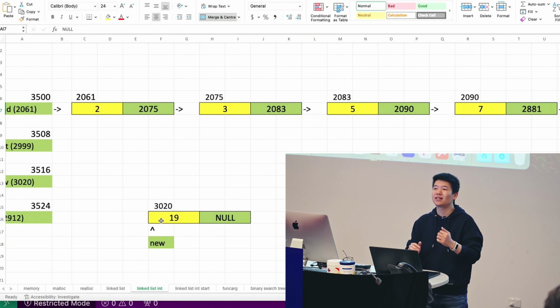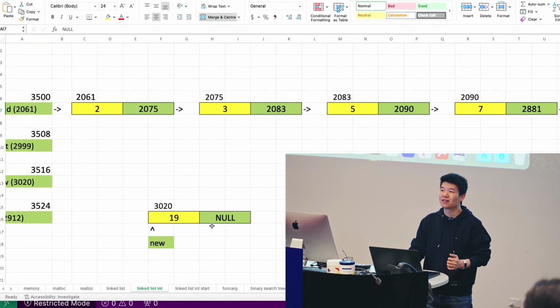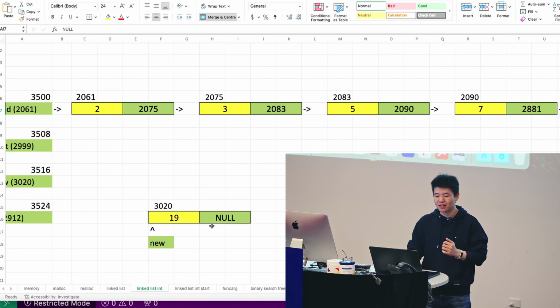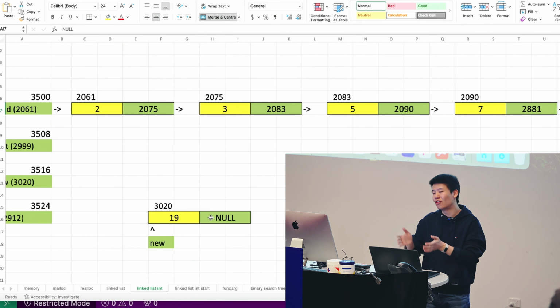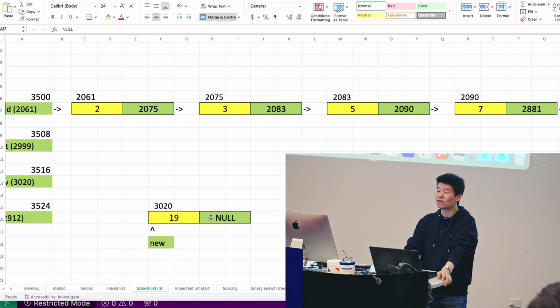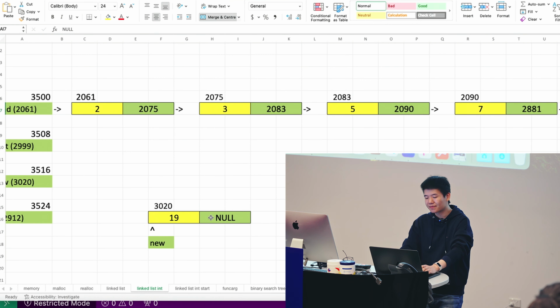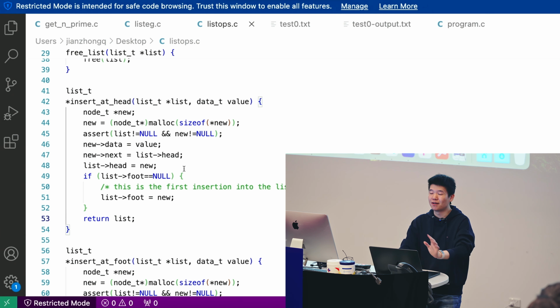And the order that you modify these pointers has a heavy impact on the result. If you modify these pointers at the wrong moment, you might lose the whole linked list, or at least part of the list after the point where you want to insert it. And that has serious consequences in terms of how the program runs. So be careful, and you have to play with it. I'll show you how to modify the end,